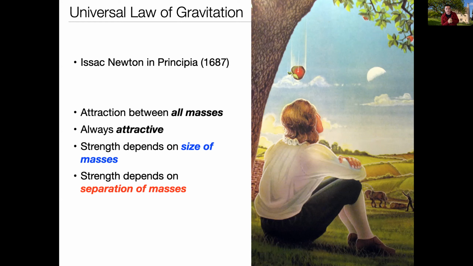Now, this famously is the observation that Newton made, or was inspired to make, when he was near the apple tree on his mother's farm. This is usually depicted as shown in this picture here, with the apple falling on Newton's head, but he observed an apple fall to the ground from the tree and asked, why did the apple fall towards the earth? He then reasoned, or was inspired to think, that the same force that pulls the apple towards the earth is the same force that keeps the moon in orbit around the earth, okay? And you can see the moon there in this depiction. So those two things were intimately connected in Newton's mind.